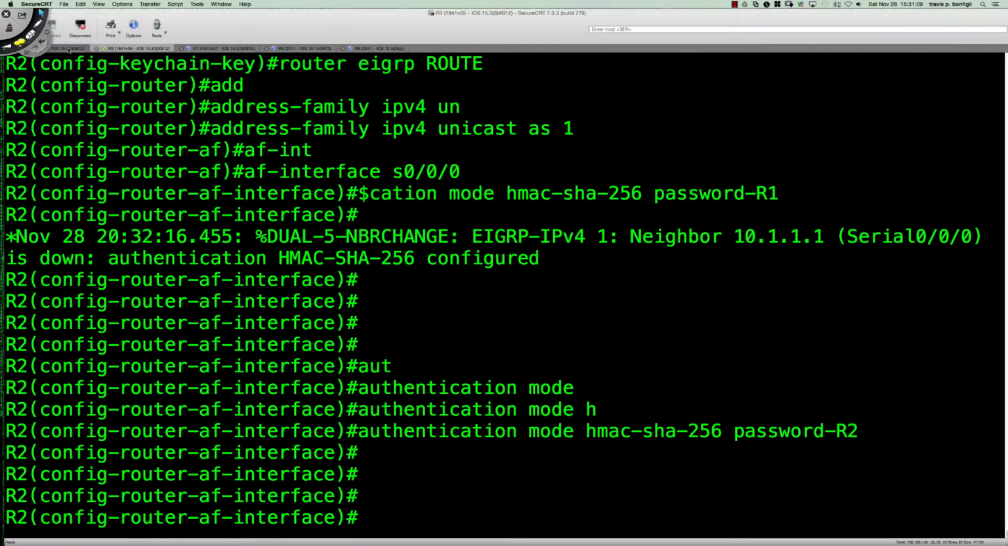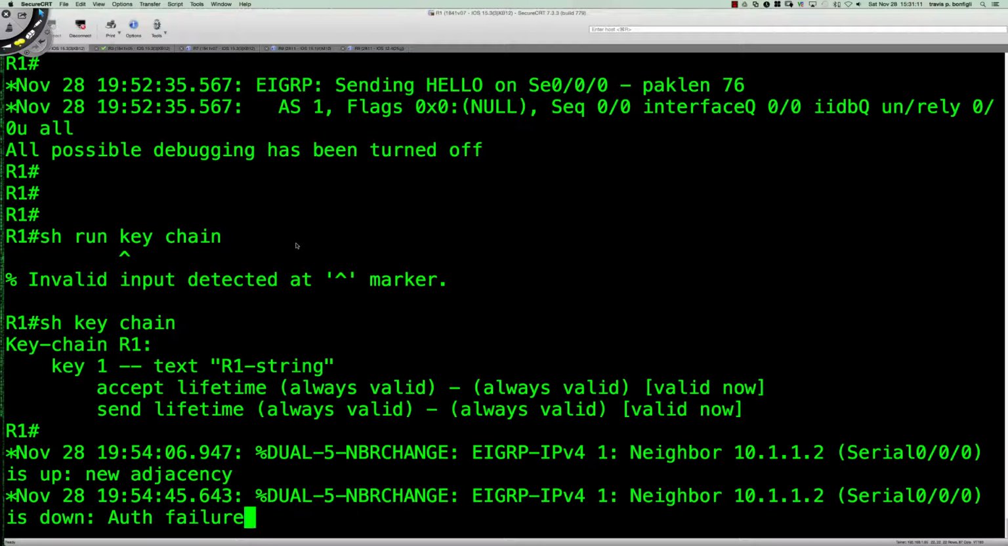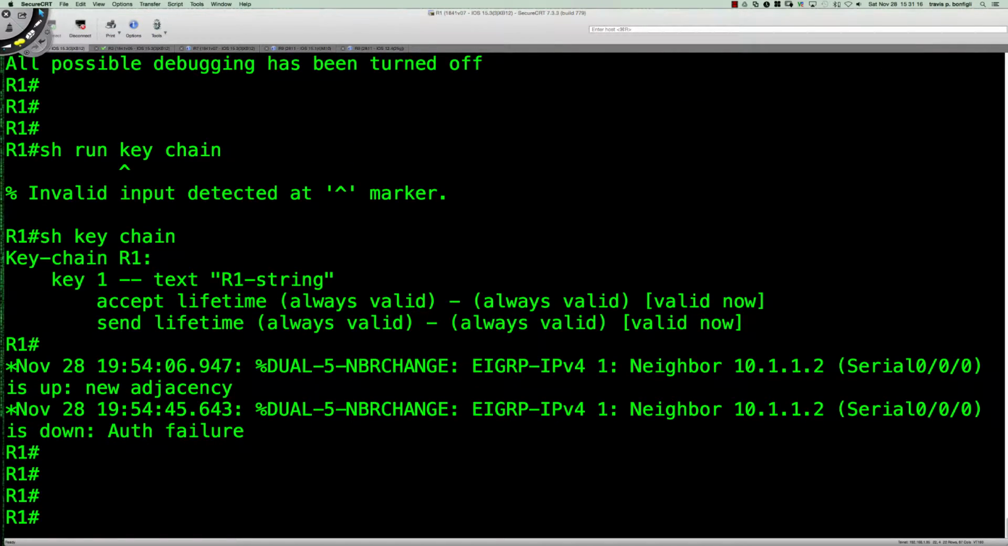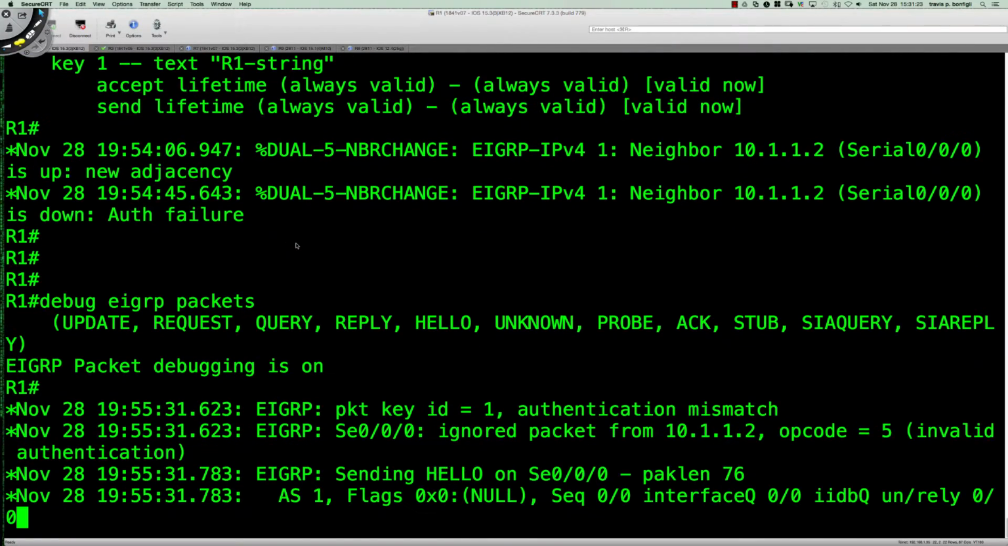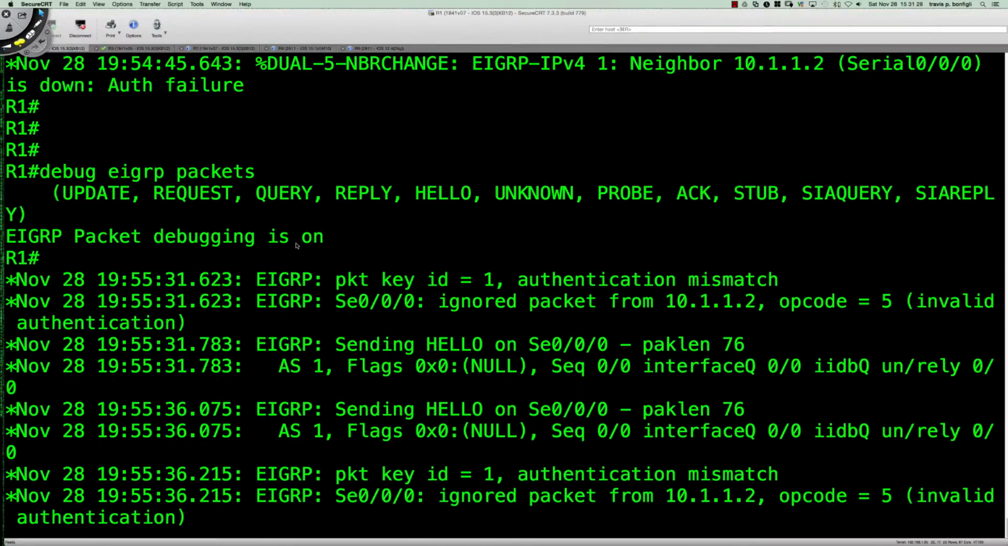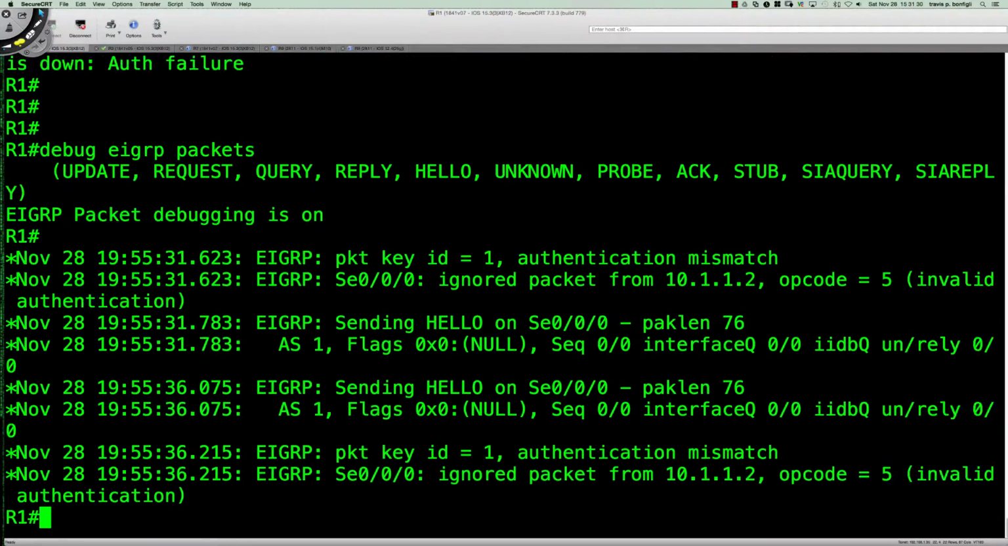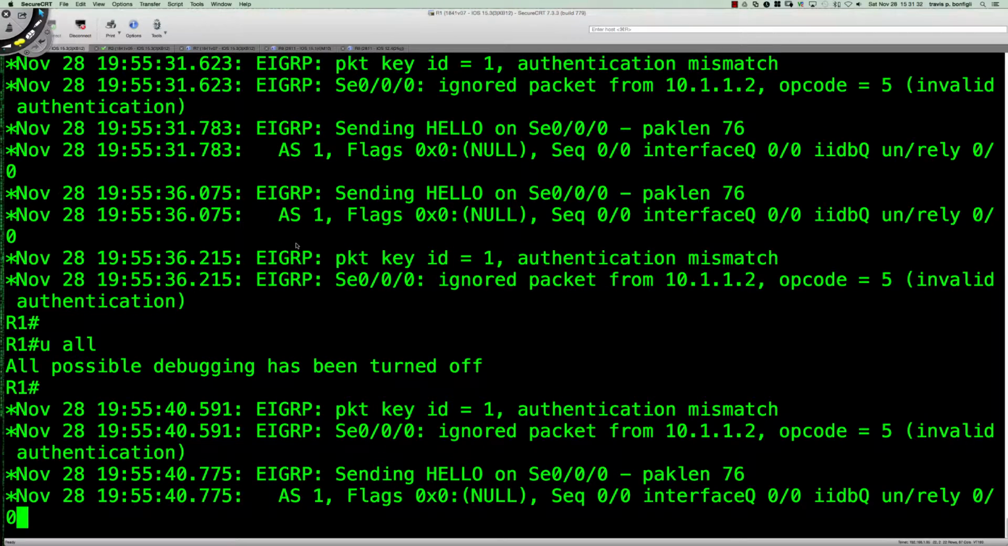It doesn't, and we're still debugging over here. So take a look at the debug that we're getting now. Actually, let me kick that back off again. I think I stopped it. So you can see we have an authentication failure. And there you go, authentication mismatch. Right, so now we get this authentication mismatch because again, we're using two different passwords on the router 1 side and